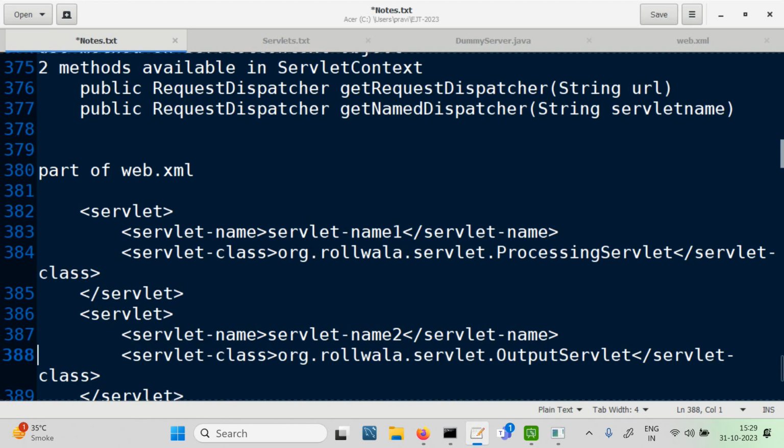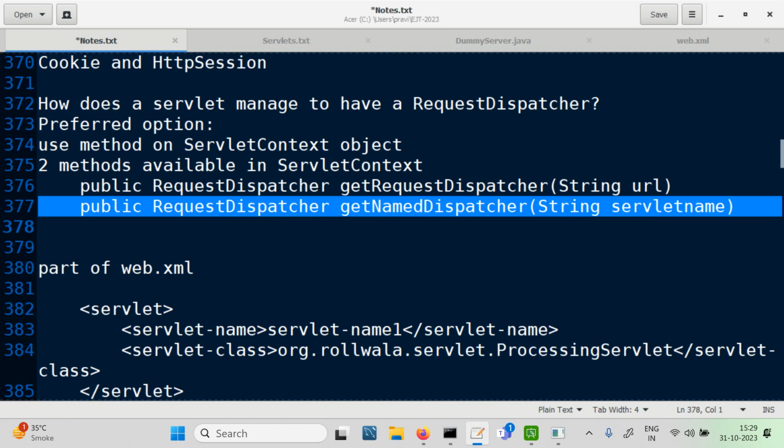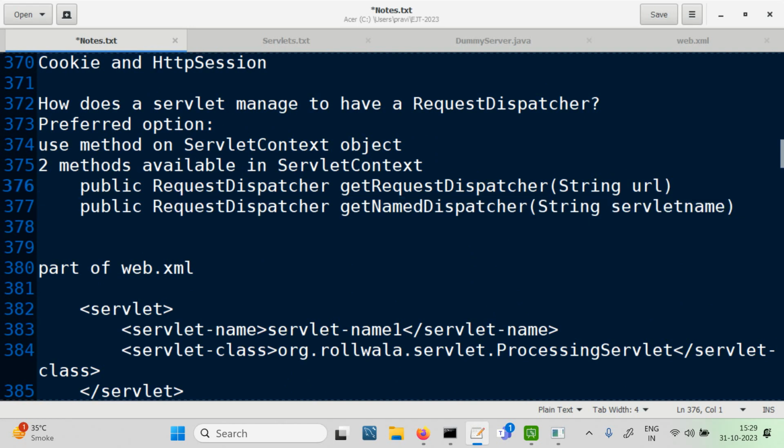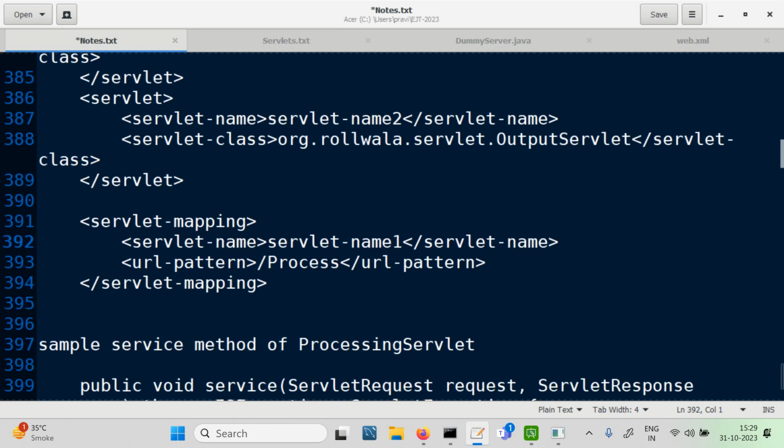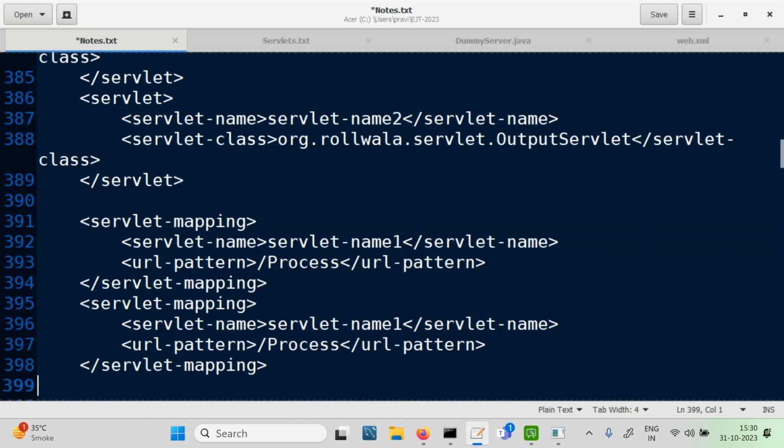Okay, now, so two methods. This I had just shown so that I can show you why named dispatcher is required. Clear? You access by name only. Whereas this is one where you can access by URL. Let's see how we access by URL. So for accessing by URL, maybe you have one more servlet for which there is a mapping done. Or even for the same one, so we said there is a name 2